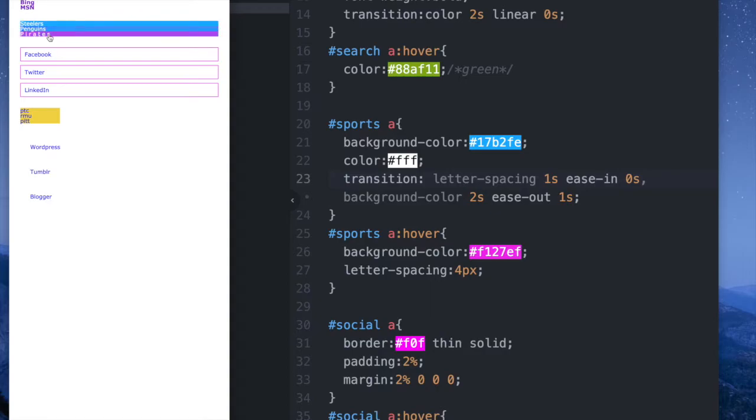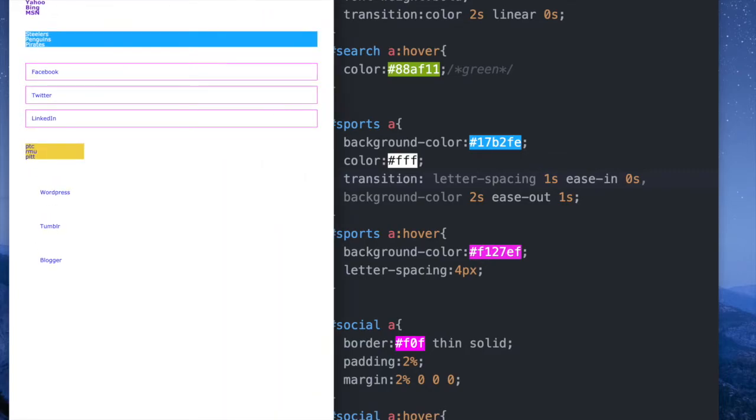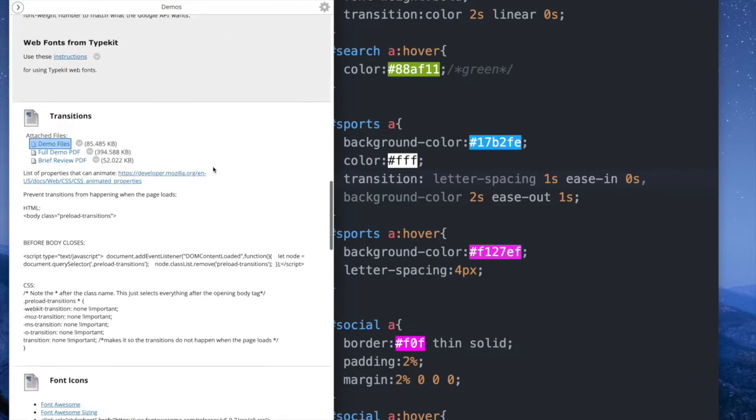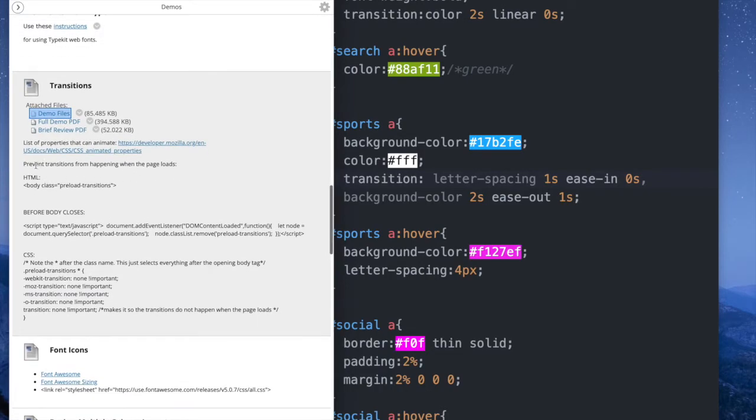Okay, so after the letter spacing is done animating, then the background color starts. Now if you notice, whenever I hit refresh, it looked like it was gone for a minute. So let's take a look at just a quick fix for that. If you go back to Blackboard, you're going to see I have a note here: prevent transitions from happening when